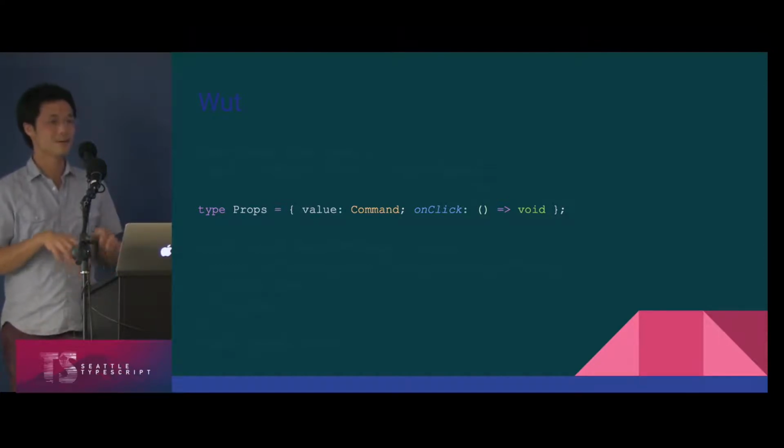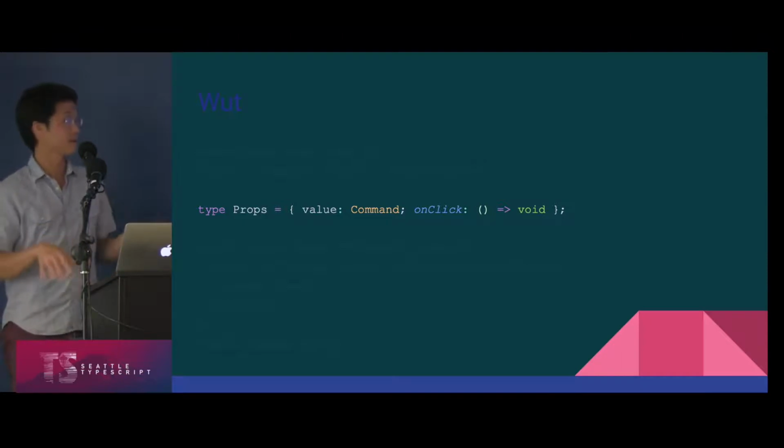So there were a lot of just, okay, I'm just going to call this any for now, and it's just going to be fine. And I'm going to figure it out later. And this is what I figured out later. This is what makes your types flow through your React app, is declaring your types together with your